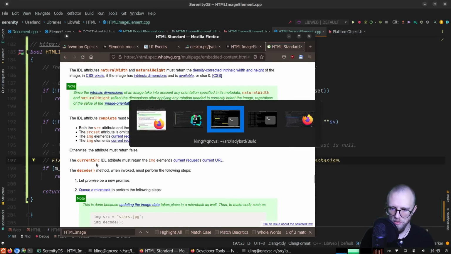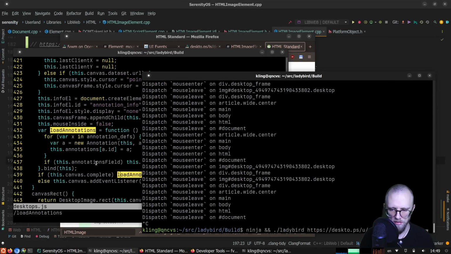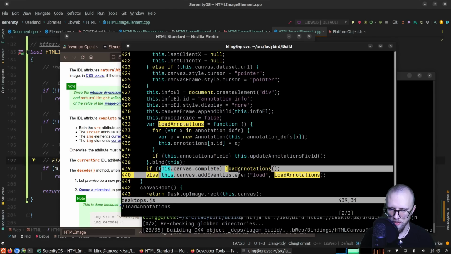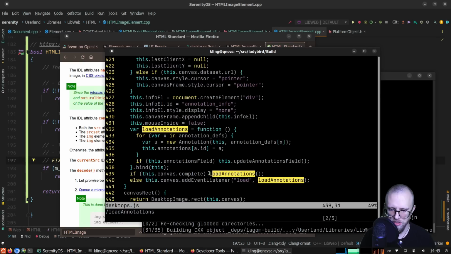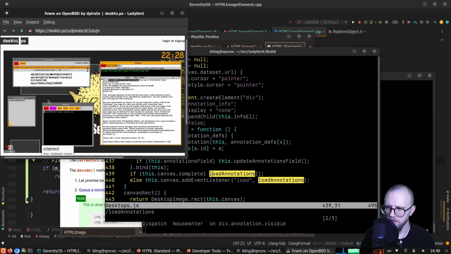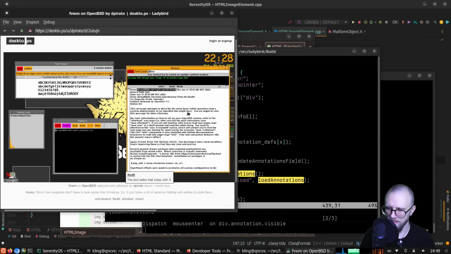Okay, so assuming that we did everything right, I would imagine that this would now succeed if we've loaded the image, and then we will load the annotations. Kind of surprised that I guess we're returning false here, and then I would expect this load event to fire and take care of it. But oh, look, okay, all right, it works, kind of. So the tooltips or whatever, they show up,